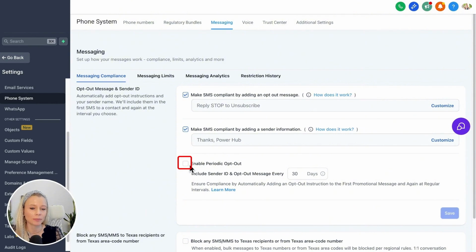Next up, you can enable periodic opt-out. However, you can change this number, of course, starting from 1 and going to 60. Let's say we want to add 60 days and then hit Save. This ensures compliance by automatically adding an opt-out instruction to the first promotional message, and again at these regular intervals. So every 60 days, it will send another message with the above: "Hey, reply stop to unsubscribe" and "thanks,"